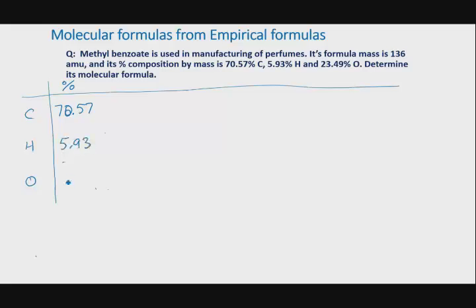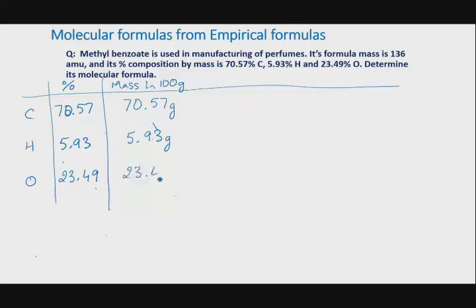5.93% hydrogen by mass and 23.49% oxygen by mass. So if that is mass percent, we can assume that we have 100 grams of the sample, which means then that sample will have 70.57 grams of carbon, 5.93 grams of hydrogen, and 23.49 grams of oxygen. Once you have mass, you can figure out the moles of each element using the molar mass of each element. After rounding to the appropriate number of significant figures, we get